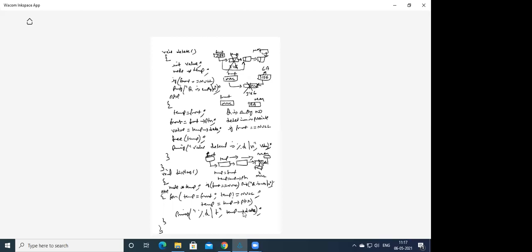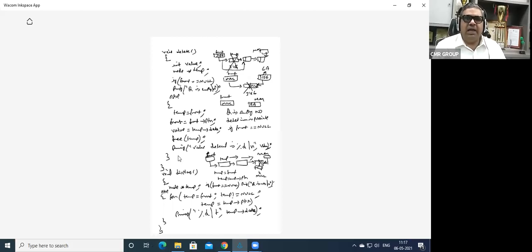Sir, can you explain the statements in the else statement of delete? Yes, sir. In the delete, what are we doing? We are initializing the value of front to temp, because it is the first node only which has to be deleted. The first node address is always stored in front. So front value is assigned to temp. After assigning to temp, the first node is identified by temp as well as front.